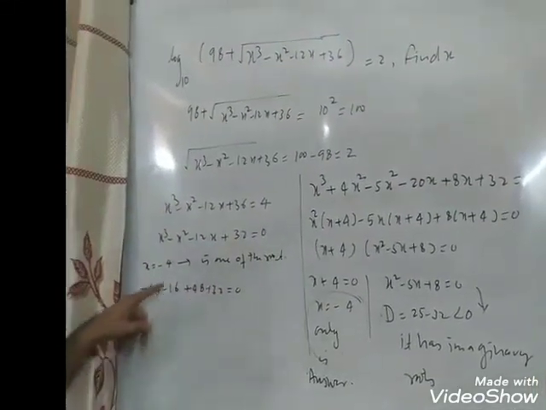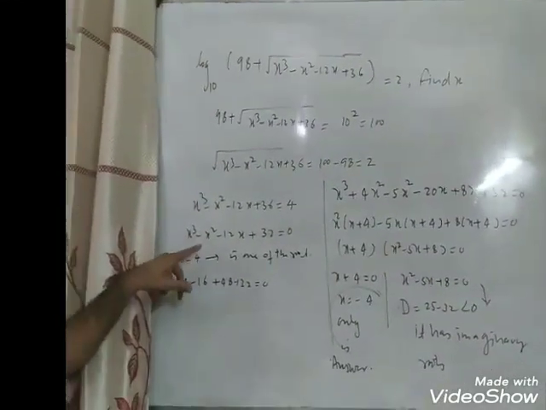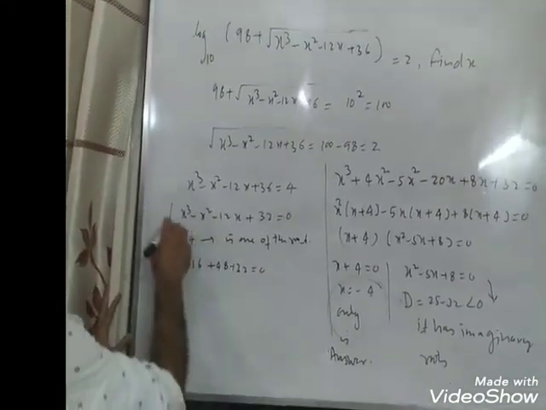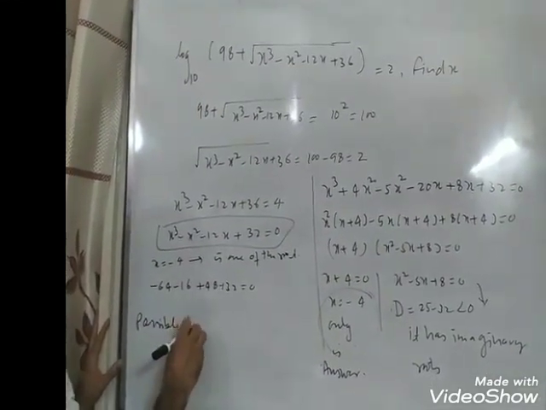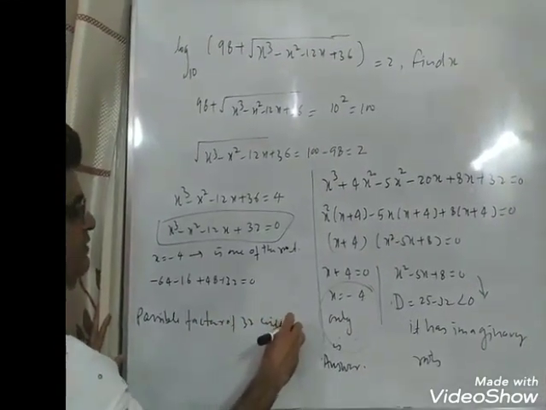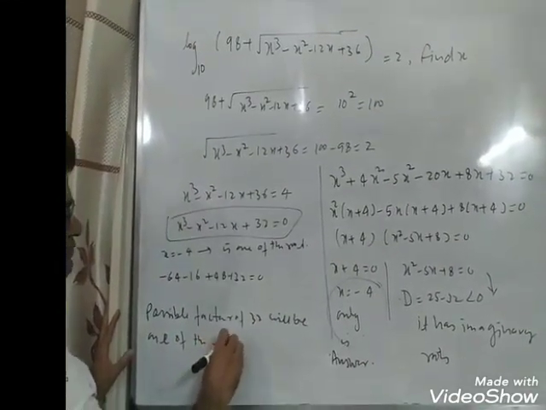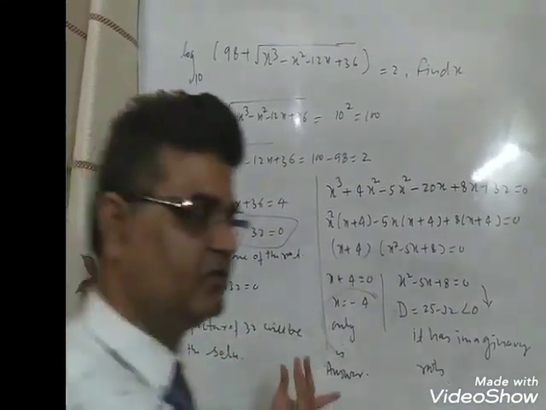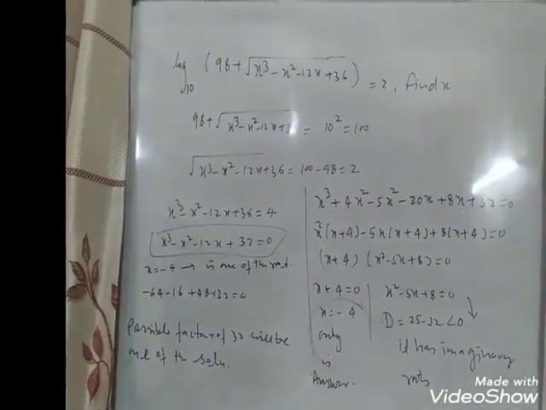Here, you know, this is a cubic equation. In the case of a cubic equation, we do it only by the hit and trial method. That is why I put x equal to -4. As you know, in this case the possible factors of 32 will be one of the solutions. So this is the only method to find the factor of a cubic equation. We don't have a definite way of finding it. Now we are moving to the next question.